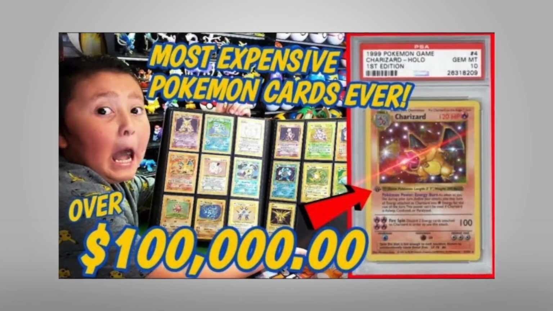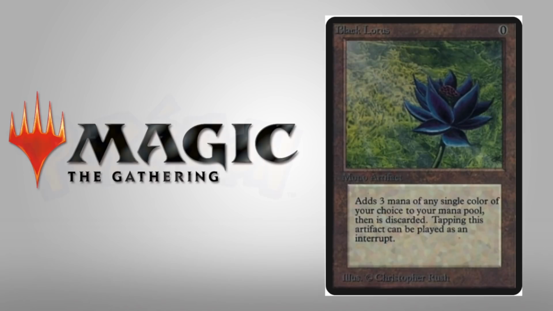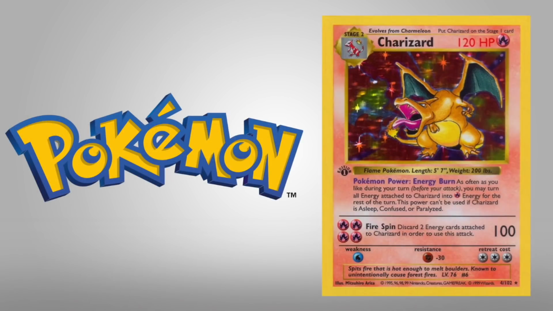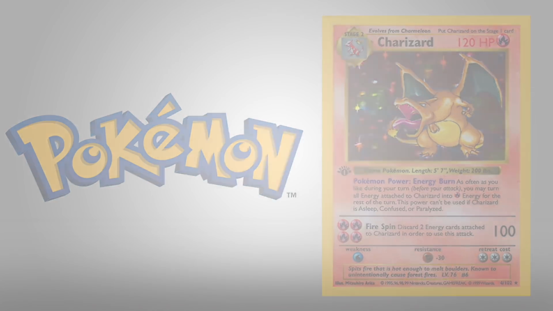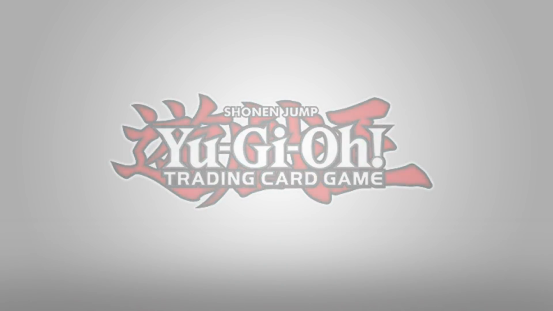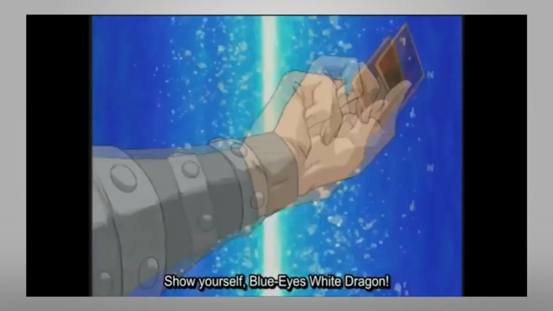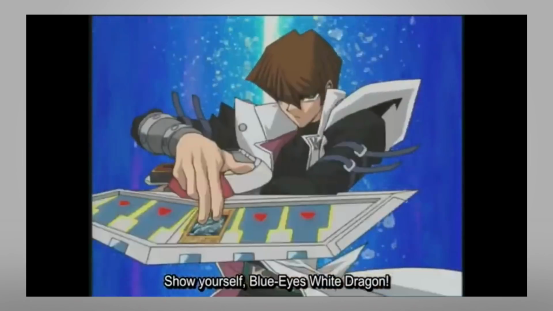Trading card games are notorious for having extremely rare, extremely expensive cards. Anyone who knows Magic the Gathering will immediately think of the Black Lotus, and for Pokemon, it's the first edition Shadowless base set Charizard. But what about for Yu-Gi-Oh? The card that comes to most people's minds when they hear about the Yu-Gi-Oh trading card game is probably the Blue Eyes White Dragon. Prominently featured by one of the show's main characters, Seto Kaiba, just like in the show,